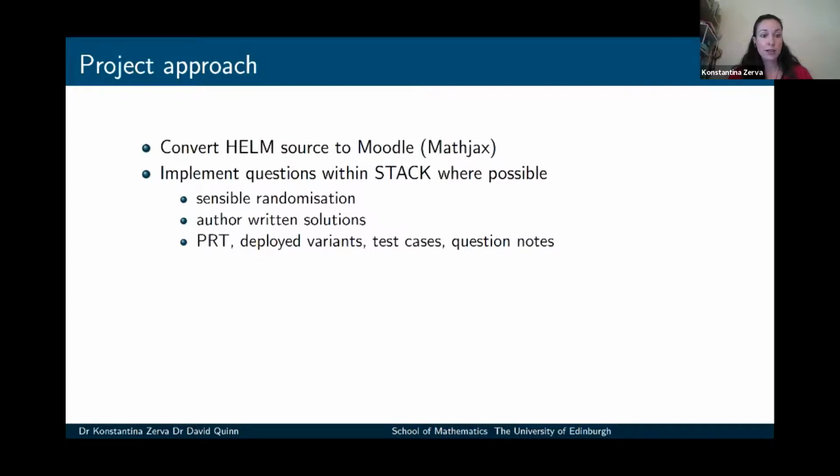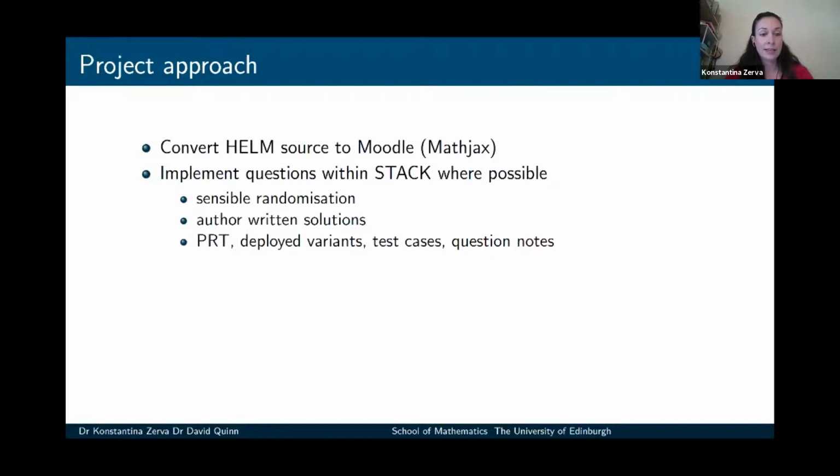The authors also had to write fully worked solutions for each individual question. So the original HELM only provided the final answer, which could be a number or just a function. But here in HELM on Stack, we have fully written solutions for each question that provide all the steps that students need to follow. Also, the authors of the questions need to